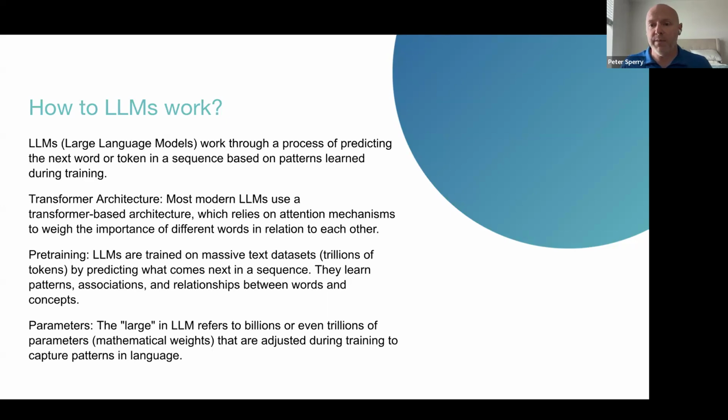So when you start typing something in, it is already pre-processing that and trying to predict what your sentence is. And then similarly, when it's creating outputs, it's doing it by predicting the next best word for it to insert based on the context of the question that you put in, based on its training data, and based on some of the techniques that you might use to elicit a response to it.